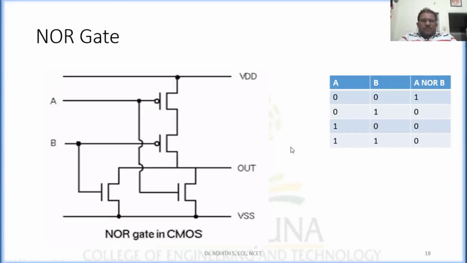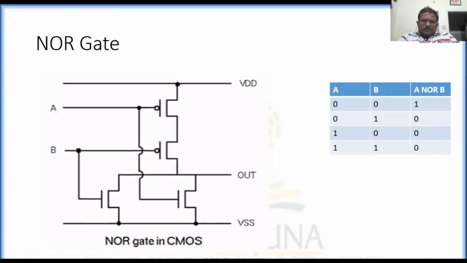Okay, fine. So now we will quickly jump to the software to see how exactly the design works. So this is the circuit. I have made the design already, unlike your NAND gate. For the NOR gate, the only difference in the circuit is that we have to take PMOS transistors in series and NMOS transistors in parallel. So that is what is done here.